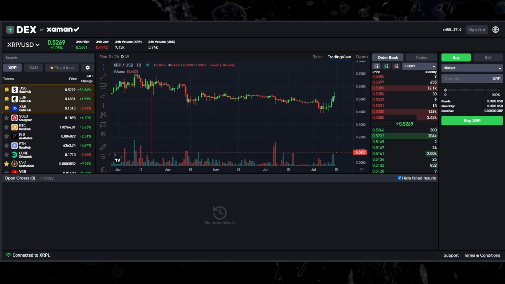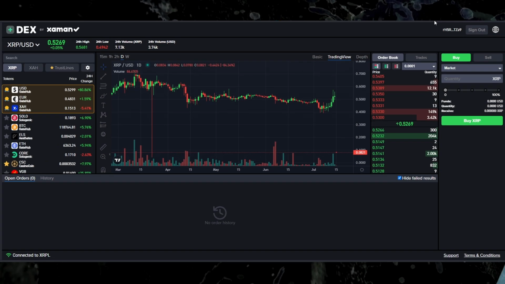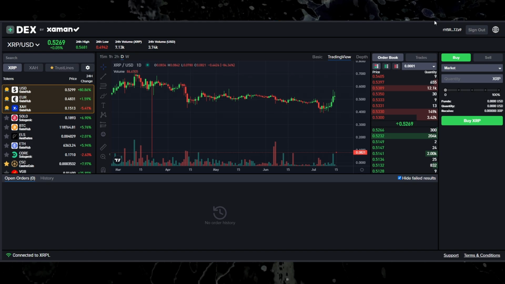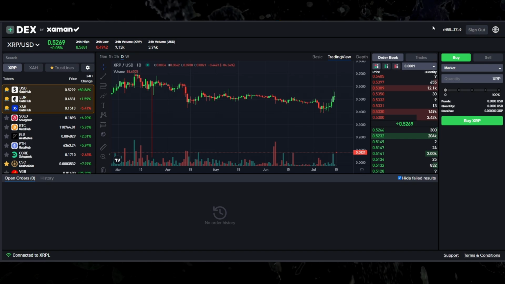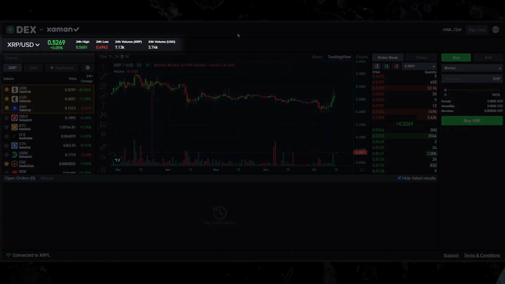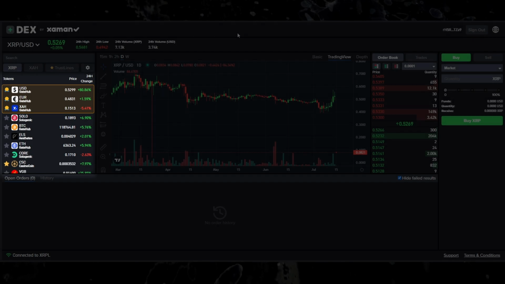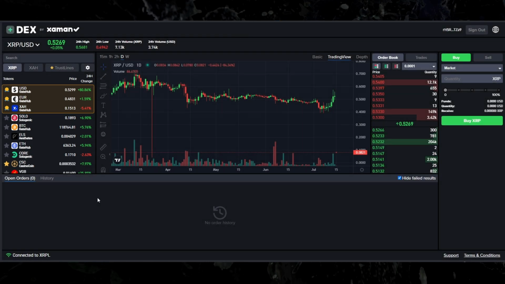Now that we are signed in, we can see our public address on the top, and it's finally time to try out different order types and also place some passive and aggressive orders to see if our expectations match reality. To keep it simple, we will focus on the XRP USD currency pair, but you can also choose any other pair to your liking. Something you may have to keep in mind is that not every token is the same.